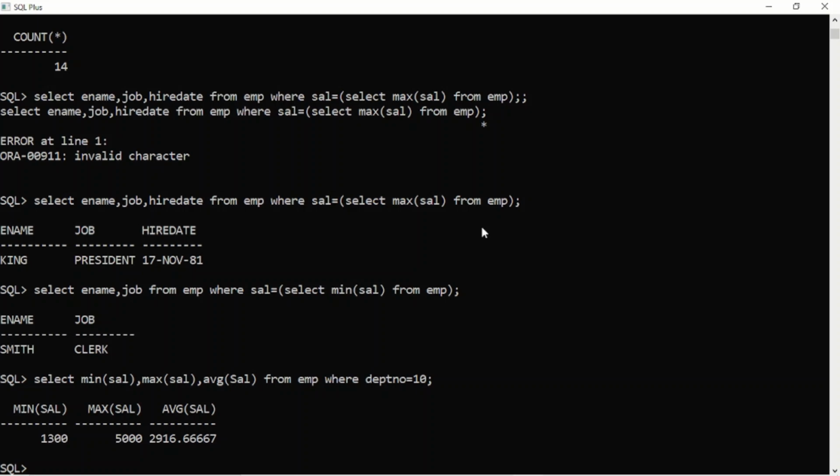So this was all from my side when it comes to use of group functions without the group by clause. I will discuss the use of the group by clause in the coming video. There you will find some more uses of group functions, and later on I will also be discussing the having clause. After the group by clause I will discuss the having clause, right?